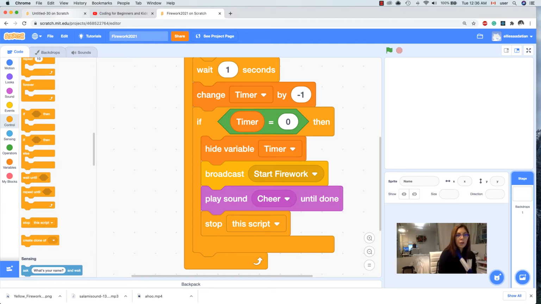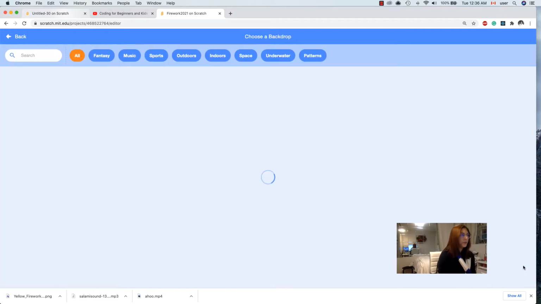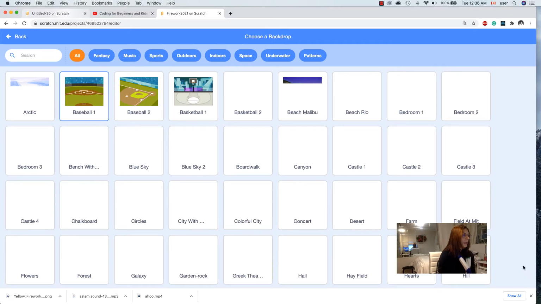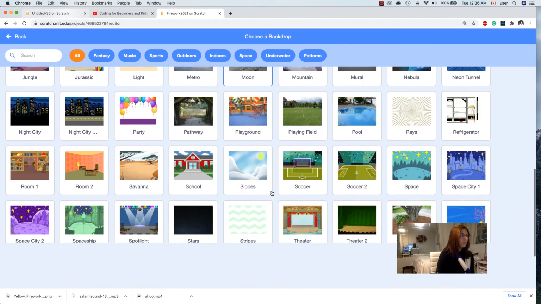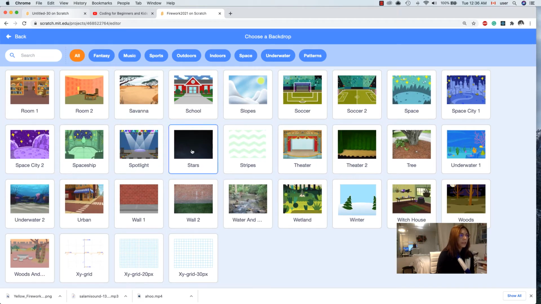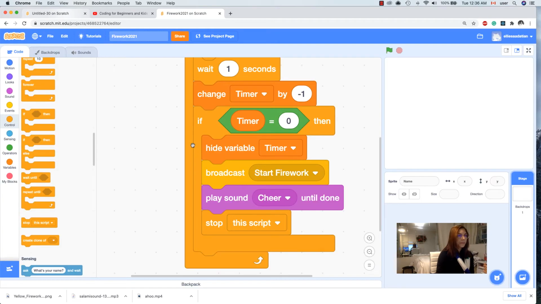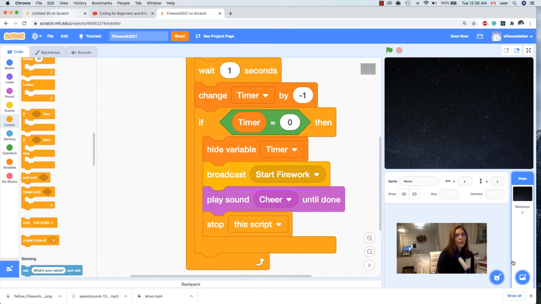Let's also choose a backdrop. So I go here and then I click on choose a backdrop, and I obviously need a night because it's about the firework, which is in the midnight. So I choose the stars. This is my desired backdrop. Now